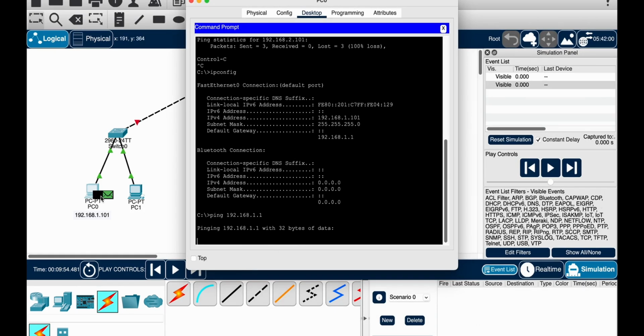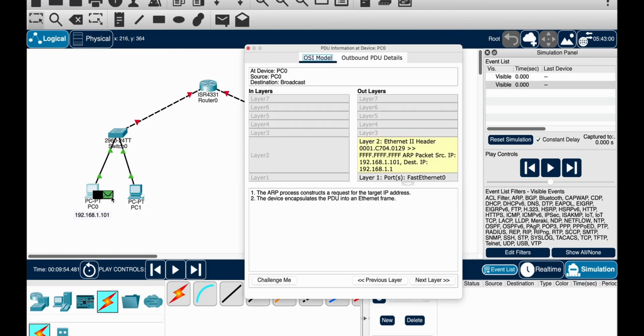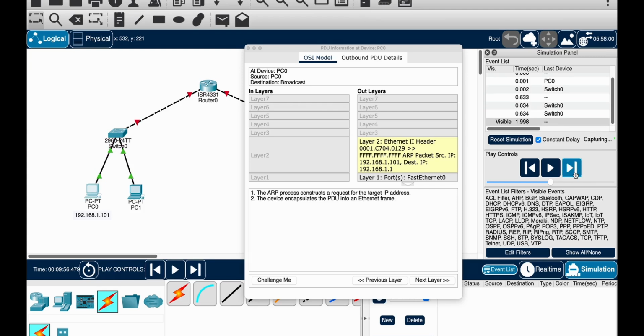You get a packet over here. Let's go ahead and look at the packet. This is going to be an ARP packet. Why is this an ARP packet? Because even though we know we are going to try to communicate with 192.168.1.1, we don't know which MAC address it's on. It's the same thing that we did in one of the previous labs. We first have to establish what the MAC address of 192.168.1.1 is. So the packet goes out. It's going to be a broadcast packet. The switch is going to broadcast it as before, and we are going to get the information back.